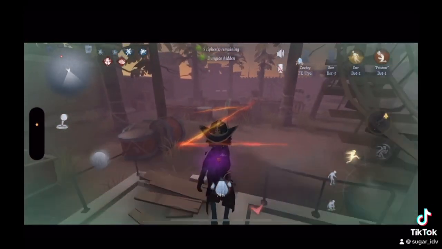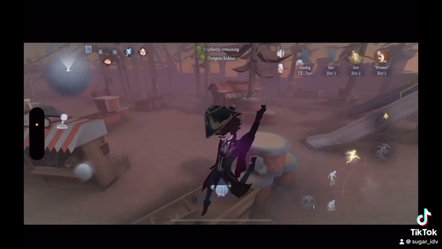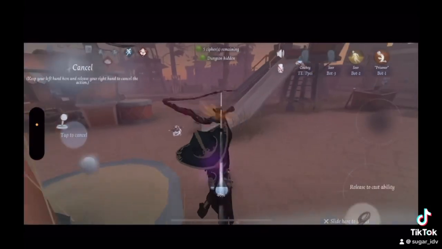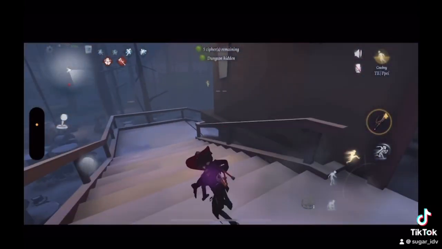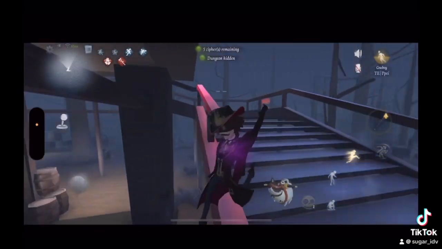Same thing right here. I can just instant lasso it and whatnot. On the slide, it glows green for just a split second, giving me that time to lasso. These next few clips are showing how Cowboy can use the instant lasso on drop downs to trick